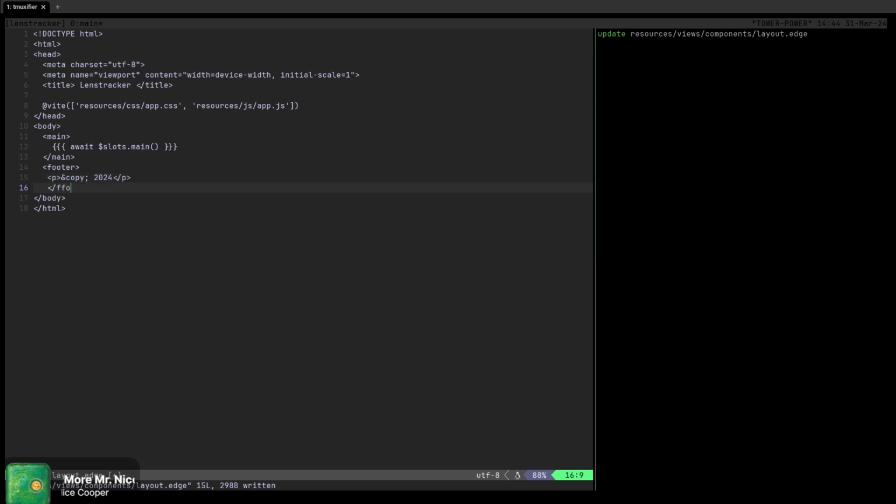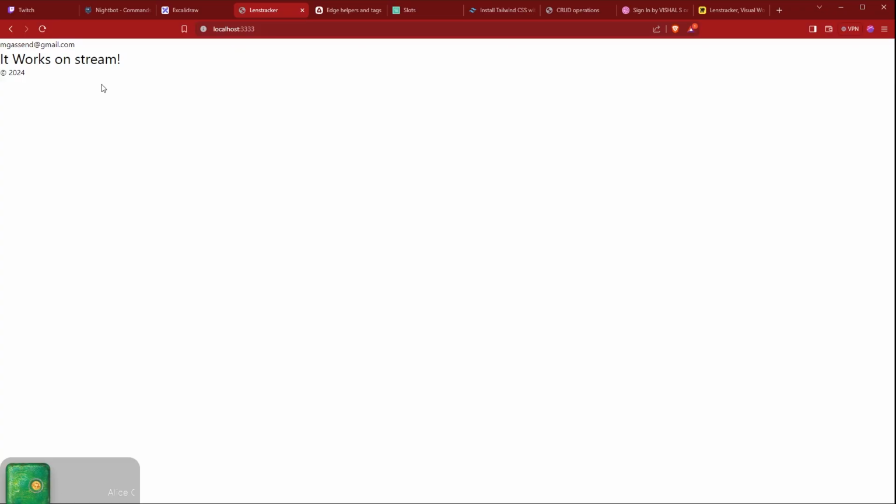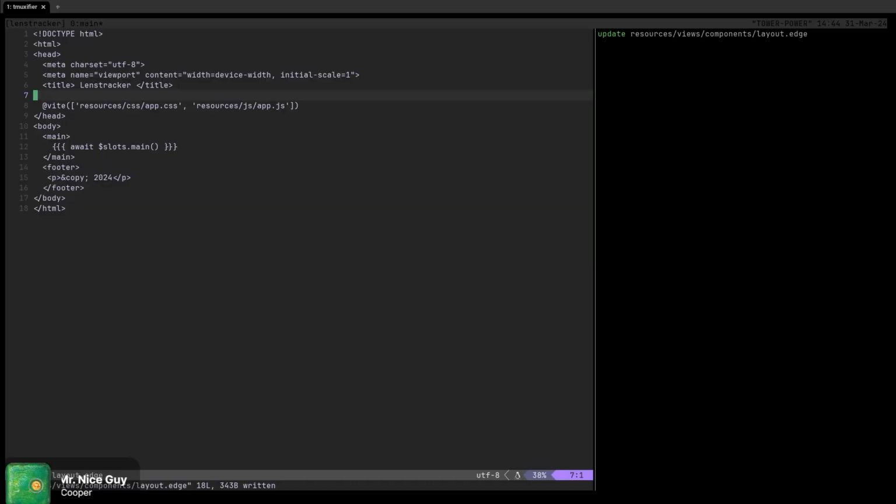And then let's close the footer like this. And if we go back to our web browser, this gets displayed and works as expected. So if we go back to our code